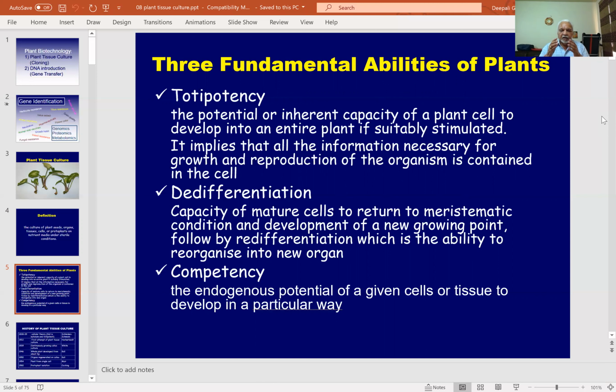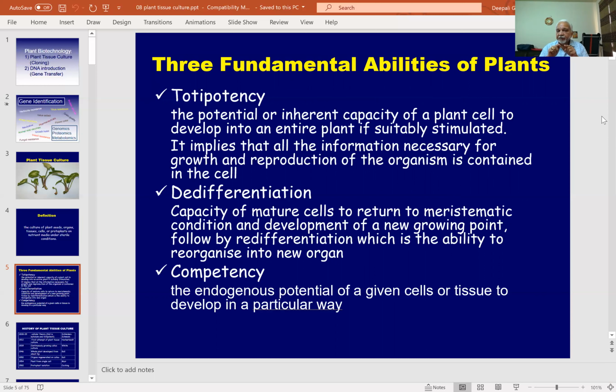Normally, plant reproduction, or in eukaryotes, reproduction takes place through sexual means. But here, the totipotent nature of plant cells is that each and every somatic cell, not the reproductive cell, is capable of giving rise to a new plant, provided the right kind of growth conditions are